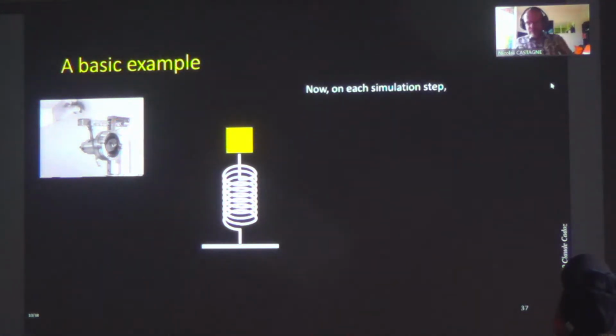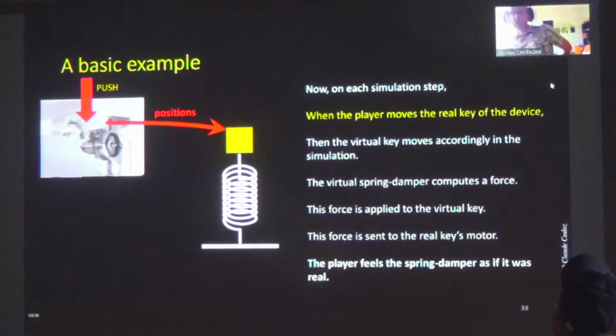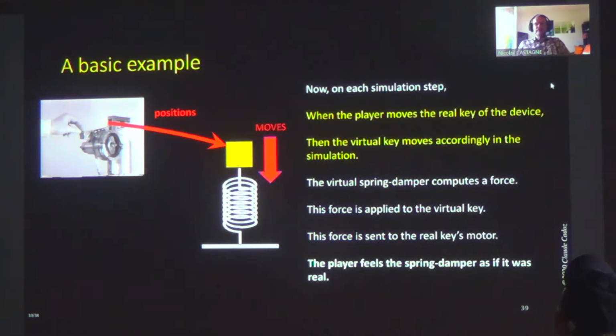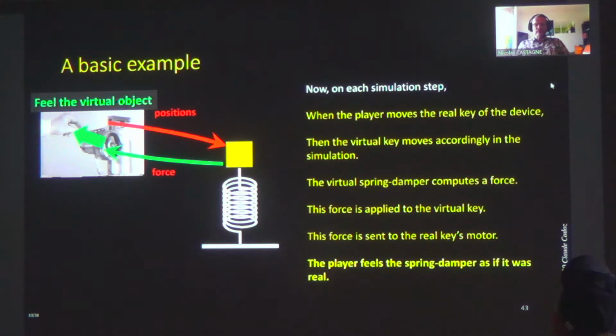Now, on each simulation step, when the player moves the real key of the device, then the virtual key moves accordingly in the simulation. The virtual spring damper will compute a force according to its basic algorithm. The force is sent back to the virtual key, and then it is sent back to the real key's motor. As a consequence, the player feels the spring damper as if it was real. In short, everything runs